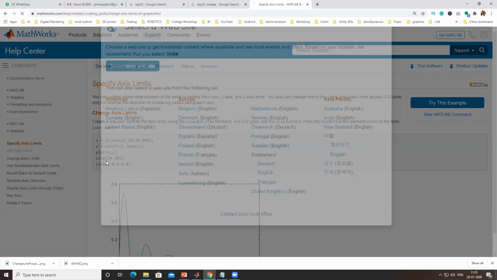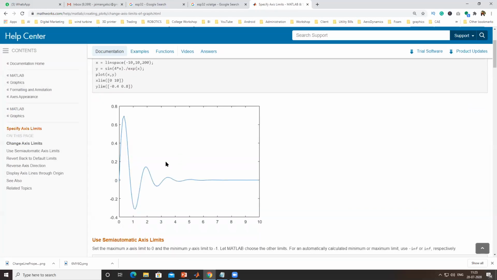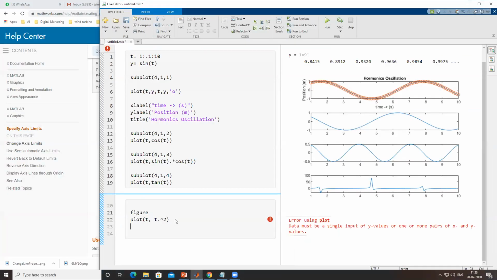Here they are using xlim, not x range, rather the xlim command. So this one we will try and check in our program code. So instead of using this, I have to use the xlim command, and here I can pass it in the form of, say, -10 to 10.